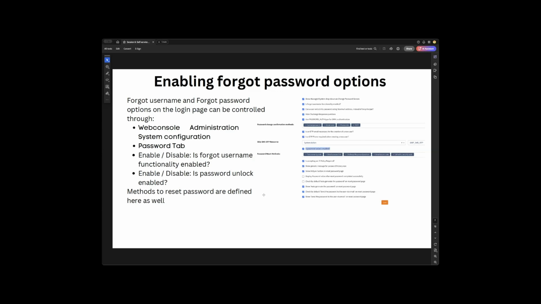Okay. So on this screen, besides the options that we enable, there are also parameters in terms of which methods we use to reset passwords. And all of those options can be defined here as well. Okay, so first thing, just in terms of a demo aspect, we were talking about the organizational level delegation. So again, administration, system configuration, and